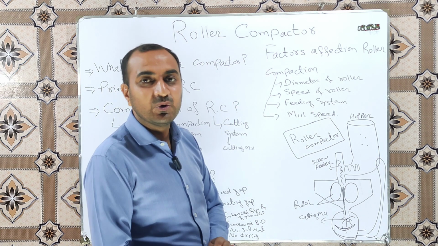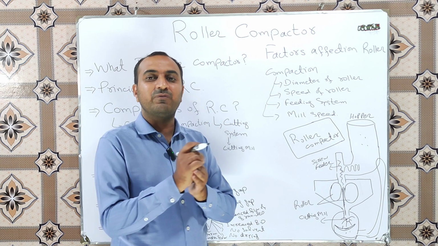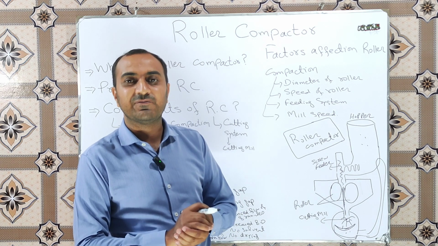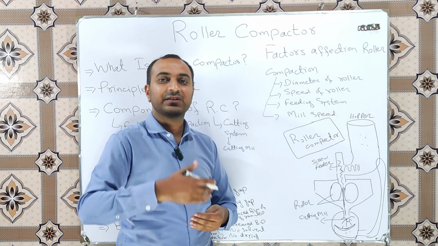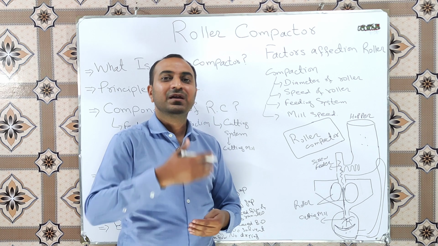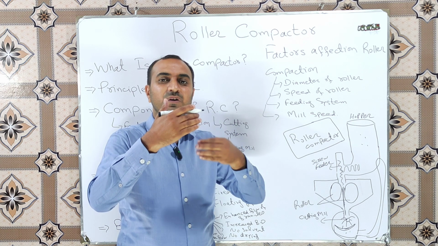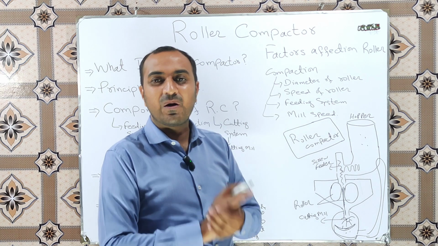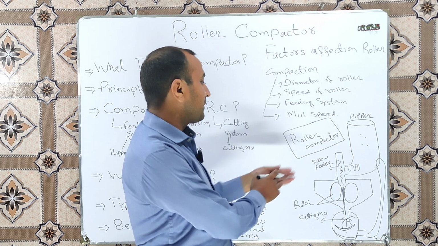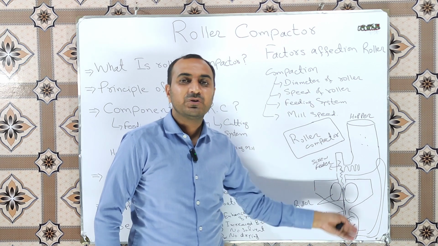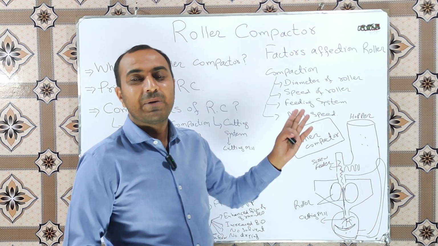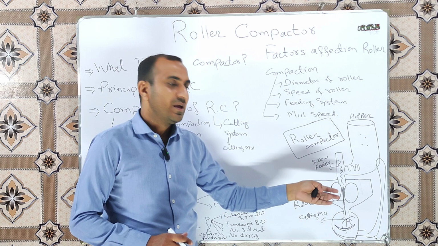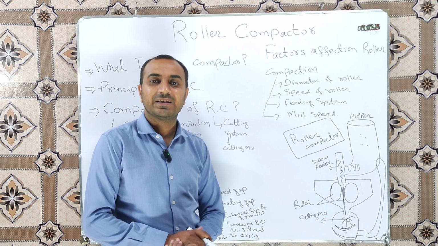fine will be produced. So for a brief overview, the roller compactor consists of two counter rotating wheels. Mean if one wheel is moving in this direction, the other wheel will be moving in the opposite direction. So by these two counter rotating wheels, pressure is applied over the powder which passes through these two wheels. Powder sheets or flakes of the powder are formed, which are broken down by the cutting mill, and